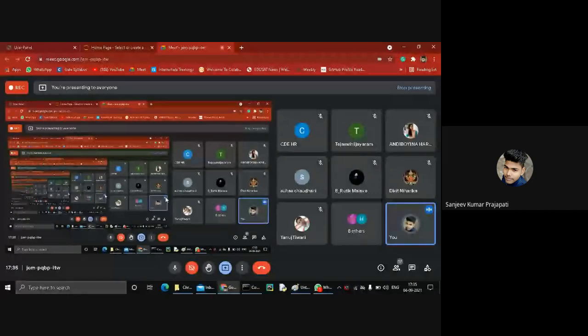When I share the IPYNB file in the WhatsApp group, some students can't download this file or can't open it, because it's an IPYNB file, so it only opens in Jupyter Notebook. So firstly, I will tell you how to open it, how to run it, and how to see the content of this particular file.